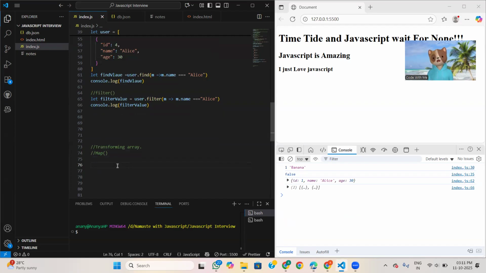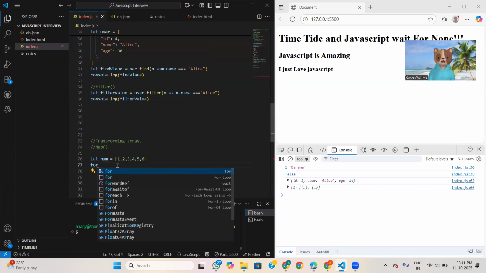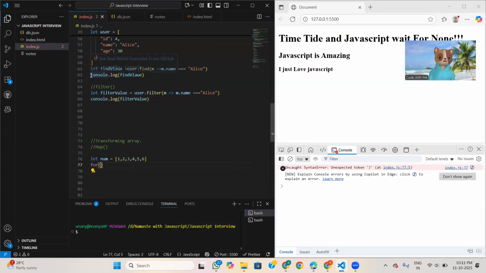If in one scenario we want to modify all elements in the array, it is like a for loop. I am explaining: let num is equal to 1, 2, 3, 4, 5, 6. Now I want to multiply all these elements. For that I can write code like a for loop; first I will comment this thing, otherwise in console mode the data will show.